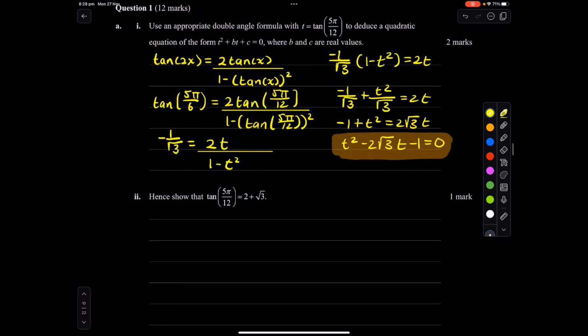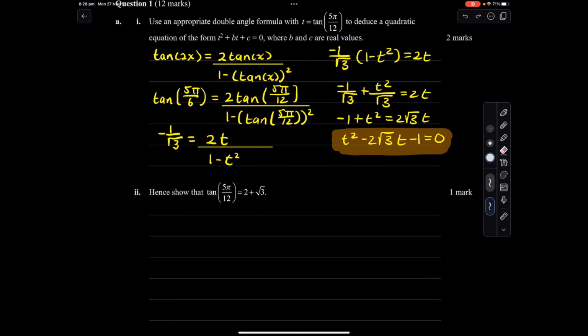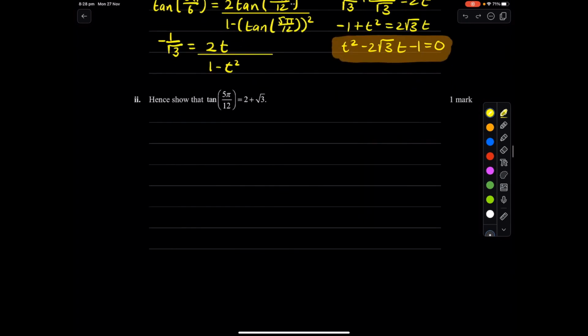Okay, because it says hence, we have to use the previous question to help us. If I know that tan(5π/12) is just t, don't we just solve this equation? So let's solve it. It's a quadratic, so I'm just going to use the quadratic formula. So I know for a fact it's going to be